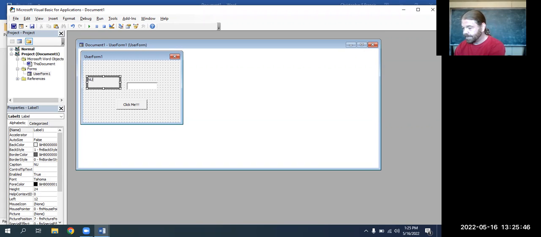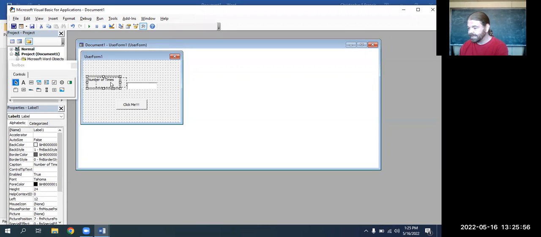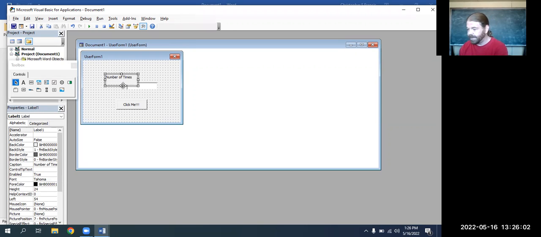I'll just say something like number of times. That'll work. Gives us a label for where our box is, and you can see we can drag stuff around, put it in different positions, change the layering of it,